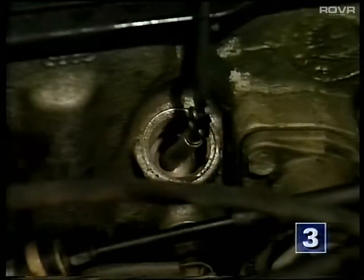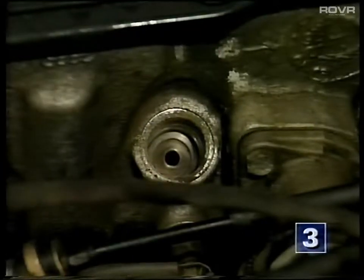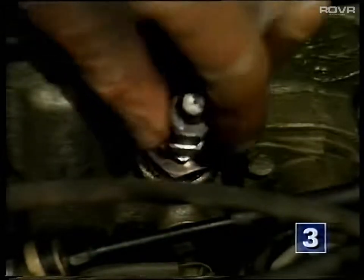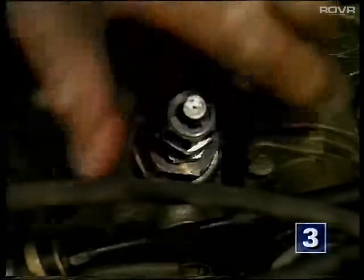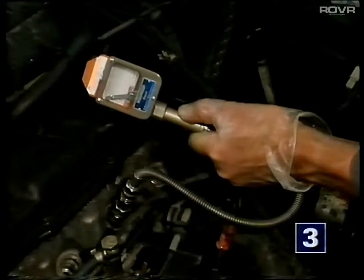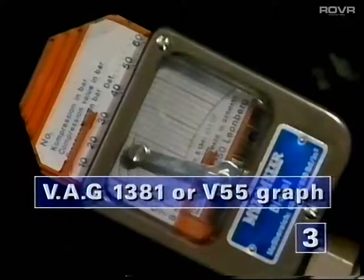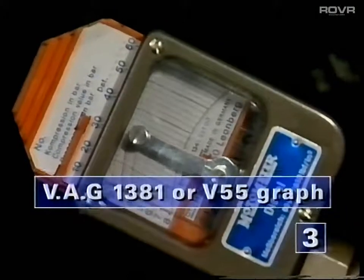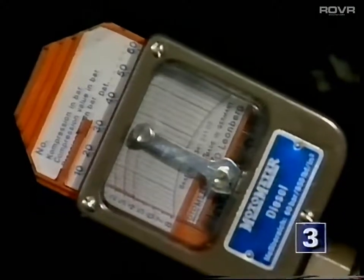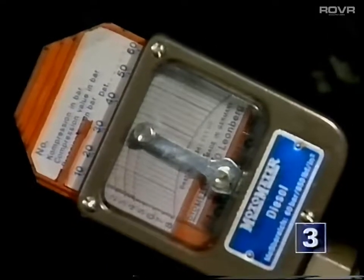However, to ensure a good seal when fitting the compression gauge, always fit a heat shield between the compression tester adapter and the cylinder head. Using the appropriate gauge, check the compressions in the normal way and compare them with the values in the repair manual. If a low compression is recorded, then it's advisable to carry out a cylinder leakage test to localize the